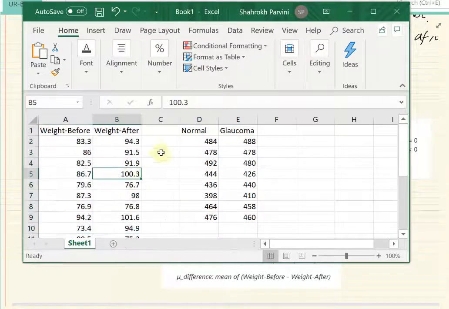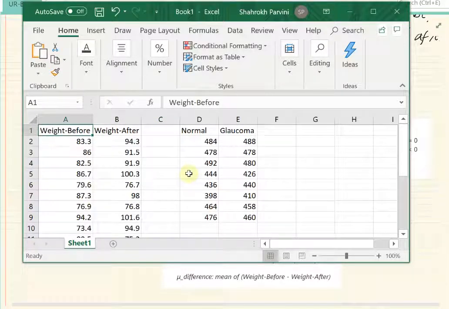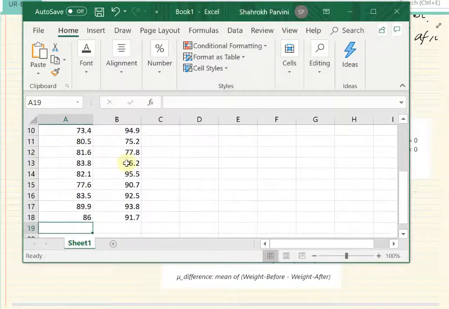You see how I actually input the data into Excel. I'm just showing you how to do this. You can directly type these into Minitab, but I just want to show you how you bring it in from Excel, just to be different. So these are the actual weights. I typed them in before and after. You see that? These are the 17 scores.